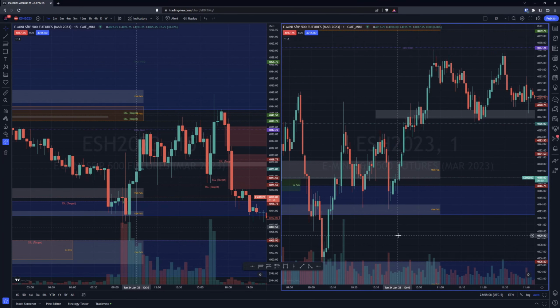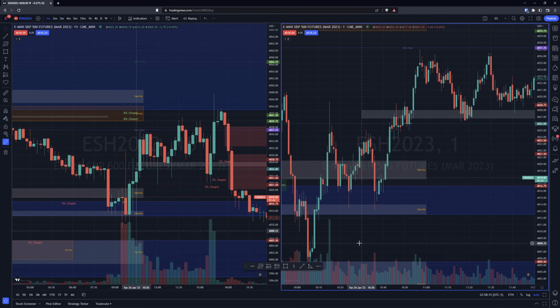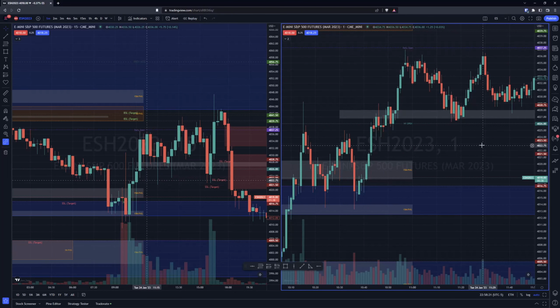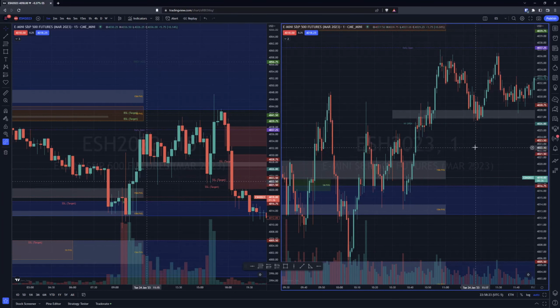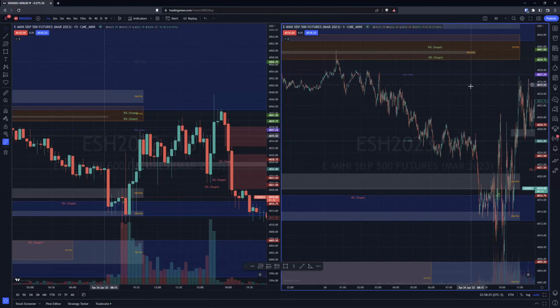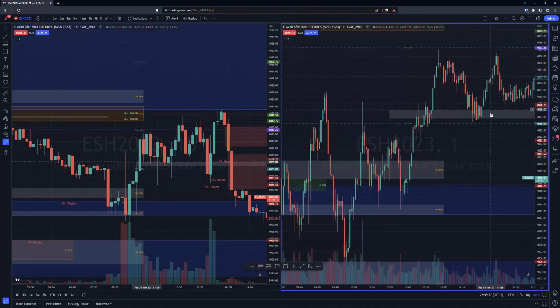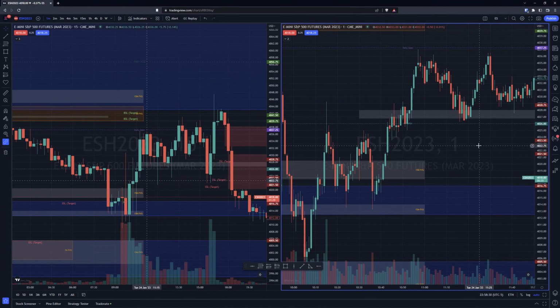So that's the whole point of looking back through this chart, trying to figure out where I could have been better, right? This move here, when we made a good move up, now I think I took my targets off. I did have some targets laid out up, and it actually did grab some of those.